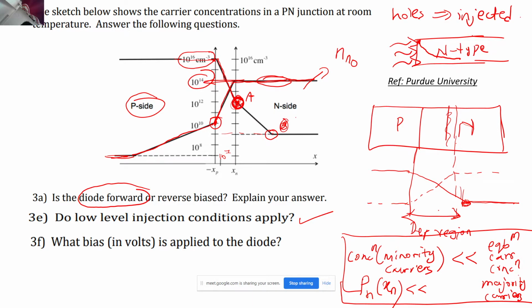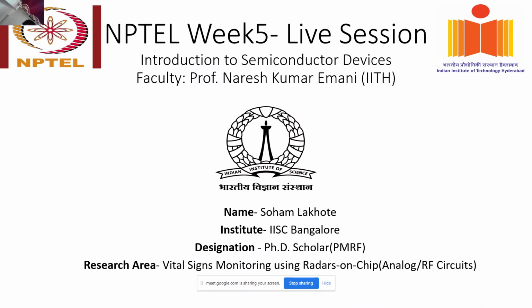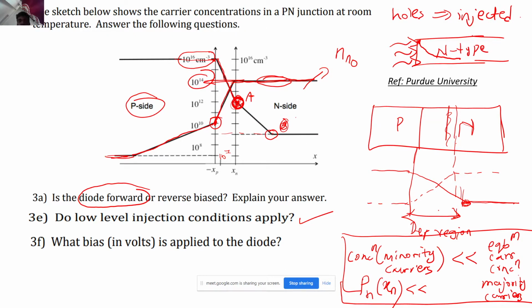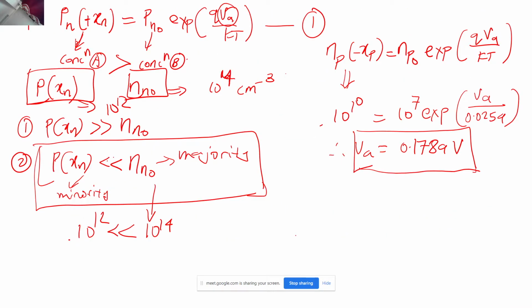So who are the majority carriers on the N side? They are the electrons, correct? And they are present on the N side. So that's why I have written n, that is the concentration of electrons, which are majority carriers present on the N side, and that too at equilibrium, that means far away from the depletion region, basically where there does not exist the field. So this is the condition that I have applied, and the same condition has been used to solve the question. I hope this was clear.